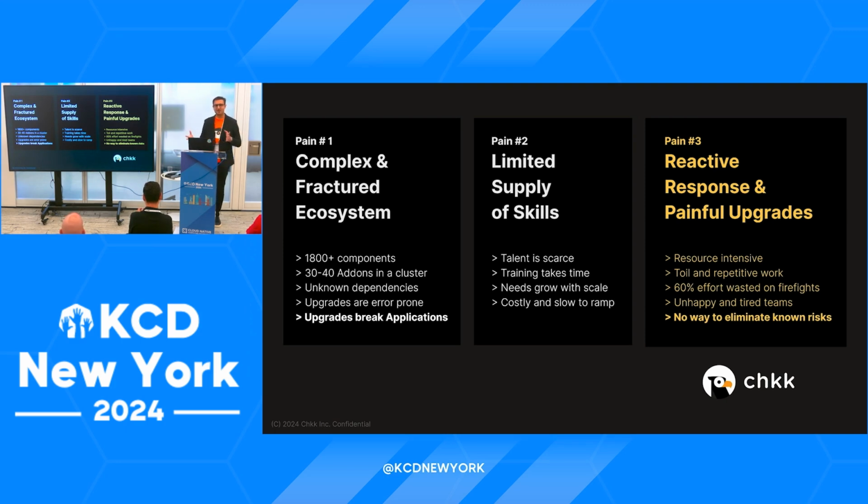The third pain point is the world is all about reactive response and reactive troubleshooting. Anytime something fails, you look at your favorite observability tool, like Datadog, Prometheus, Grafana. You see what failed. Then you look at logs to figure out what the root cause is. Once you find the root cause, you would run incident management to make sure that problem does not happen again, right? However, there's no way for you to catch and eliminate known risks which have materialized for someone else. That's where Check comes in.